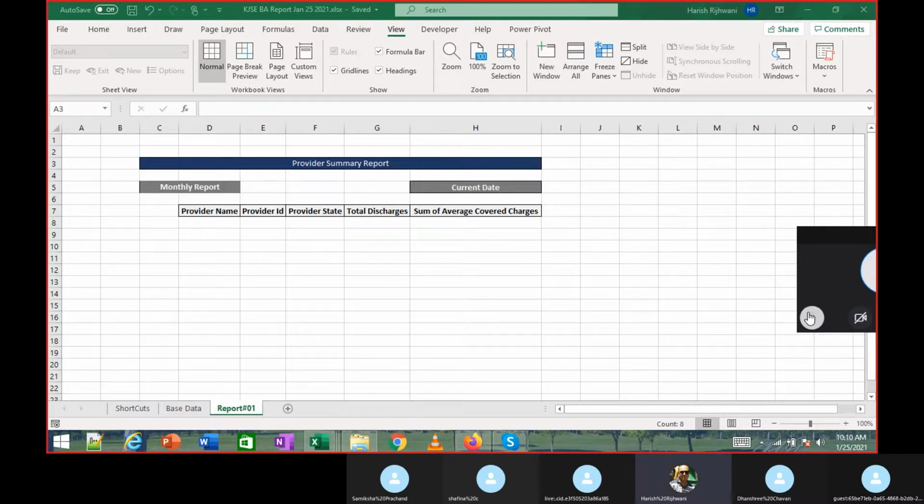Let me know once you have copied these rows in a different sheet. Done, sir. Alright.